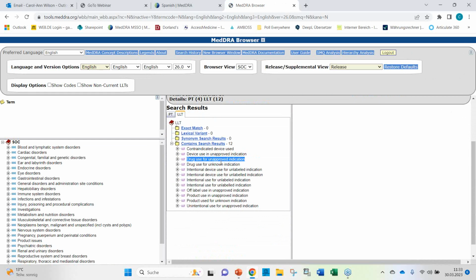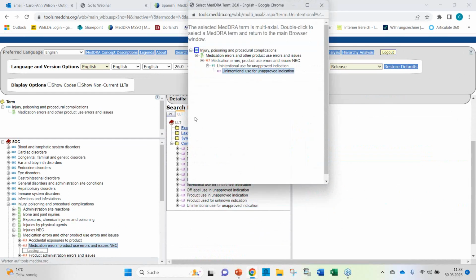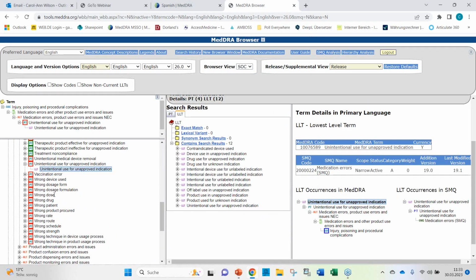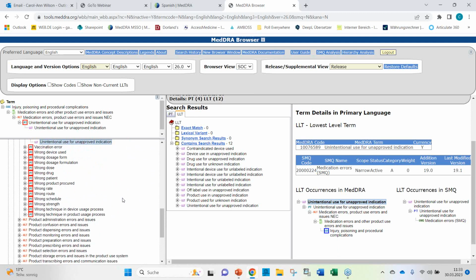So these two do not capture the full information because we know that this drug was finally administered. These terms just are use terms. So if I go to the browser, you see that they are grouped under medication errors, product use errors and issues, NEC. They are not grouped under the product administration errors and issues, HLT.